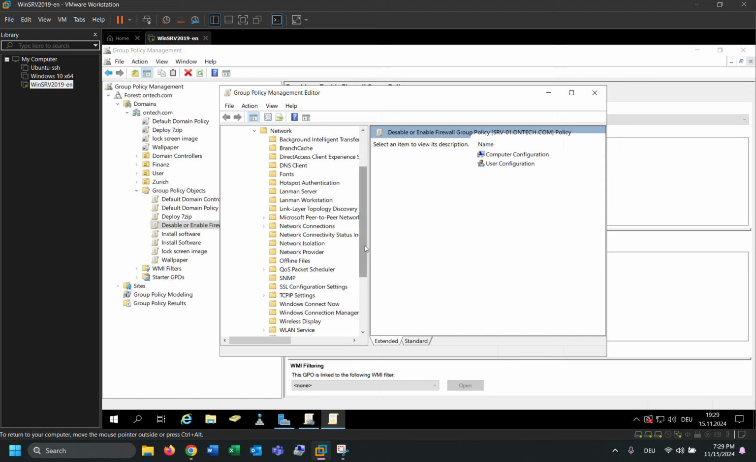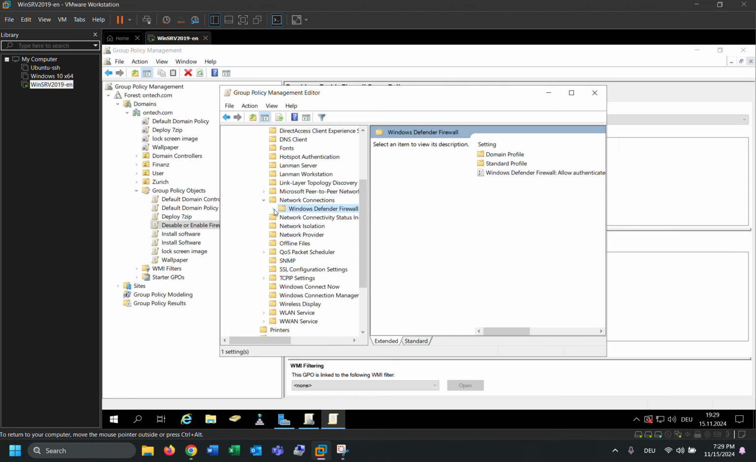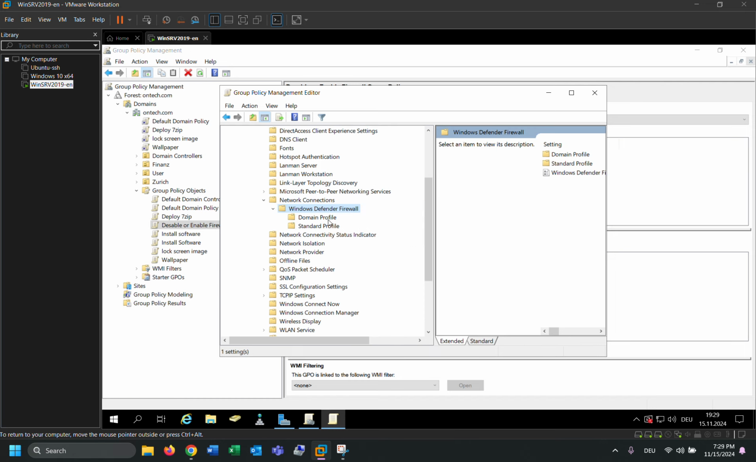Let me find out which is this one. Okay, as you can see, this is the Windows Defender Firewall. Under this folder we have two subfolders, which is domain profile and standard profile. So if you want to set this policy on domain profile, click on the folder, and then after that